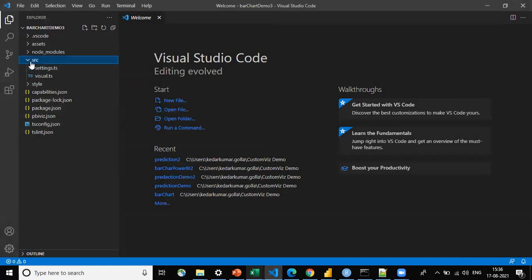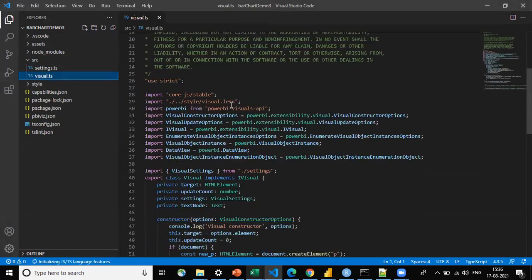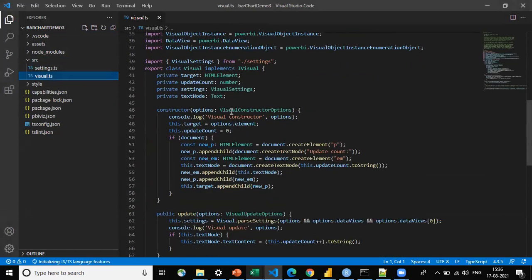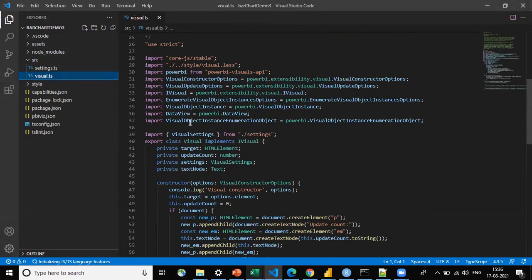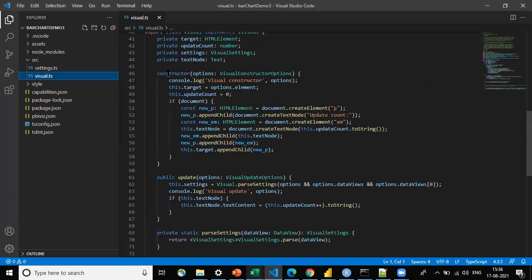You need to go to the src folder. Here you can see visual.ts. This is TypeScript based code. Inside this export class Visual implements IVisual, we are going to have two functions, constructor and update. Inside these, we need to write our code in such a way that whatever shape we want, we write that.